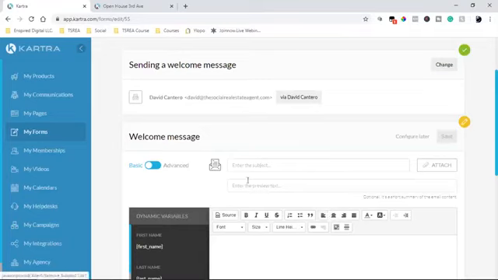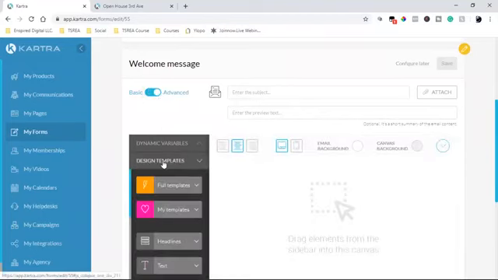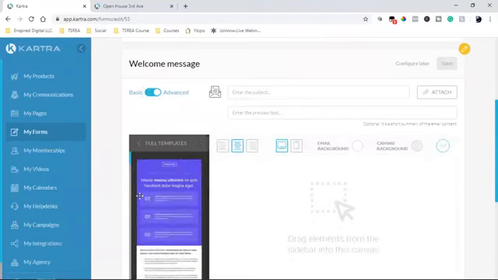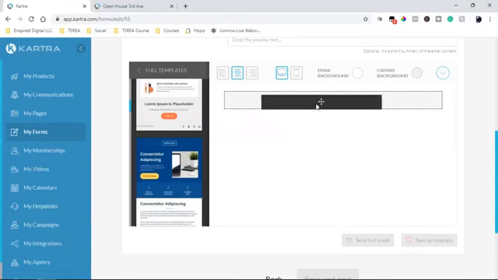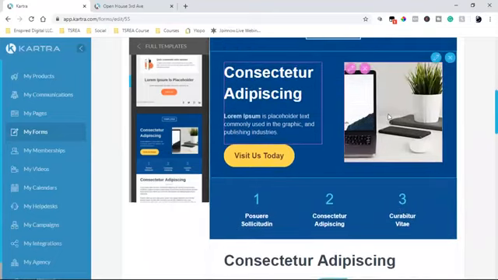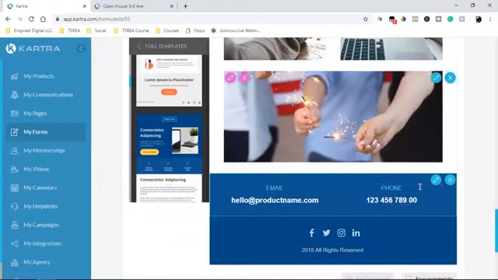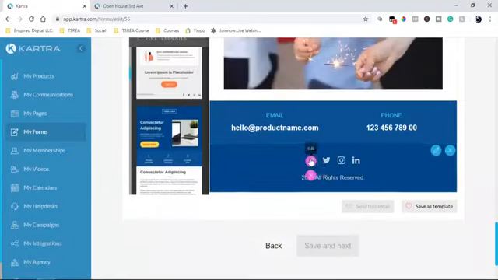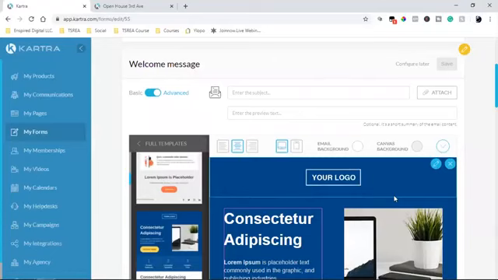So hit save. And what I can always do is also, you can get fancy with this email, you guys, if you want. You can go basic text right here, or you can go advanced, and then you can use any of these templates. So there's a ton of pre-designed templates that I can simply use and drag over, and I can just drop. And then I can just edit from here. And now it has the blue. Now it has all these different image placeholders. I can write something about the property. I can show a bunch of different images right here. And I can put my social media links right here. I can edit that and tie it to my link. And so I'm going to just ride with this one. I'll just use this one here